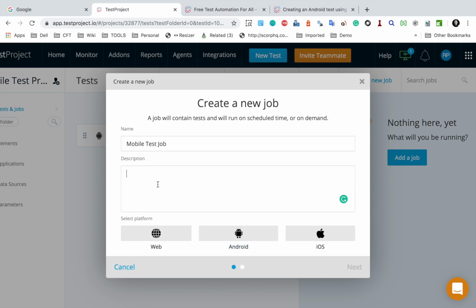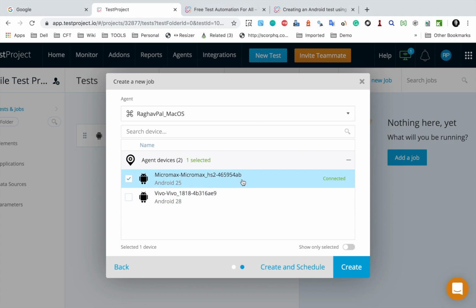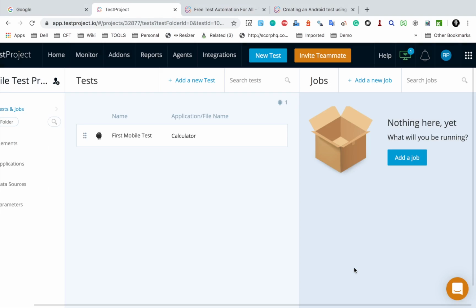So I can give some description and select Android here, say next, and here is my device coming, and you can see the connected device is highlighted with this option, and I'm seeing connected here. I will select this and say create,